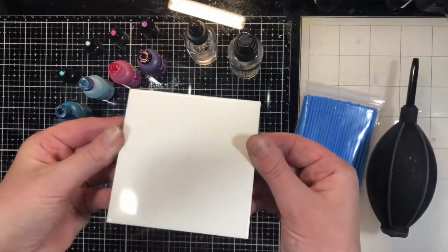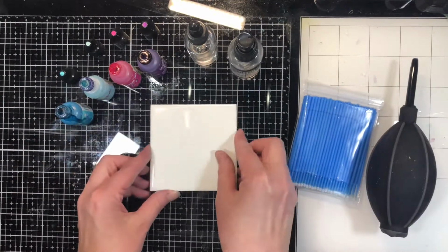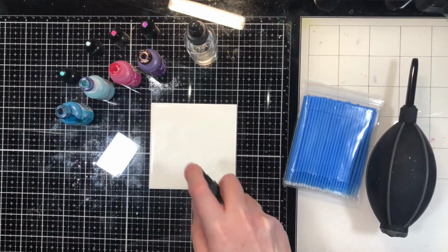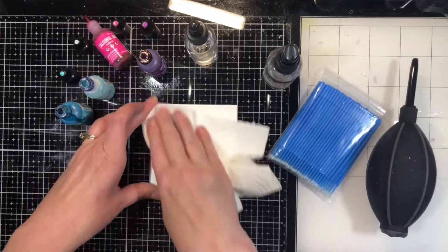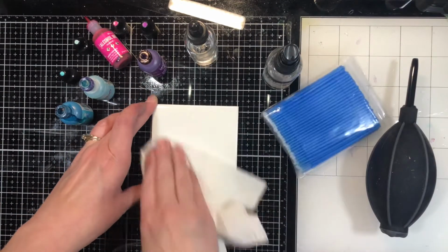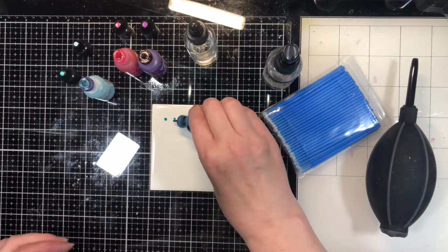So another surface that is fun to work with is tiles. You don't need to do anything with them to prep other than clean them with some isopropyl alcohol to make sure that there's no oils or whatnot on the surface. So I'm going to